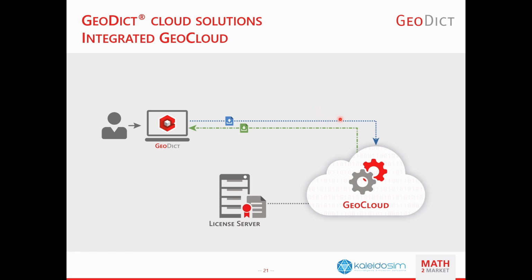Now, in contrast to the previous diagram, you can see that the web user interface is gone here. This is because the Geodict instance now talks directly to the GeoCloud. In practice, this means that, for example, if you have loaded a structure and you go to Flowdict, and usually you would click Run to run the simulation locally, you would have an additional button, Run in Cloud, which instead packs this structure and the instructions required to run Flowdict, uploads them to the GeoCloud, starts the execution, and gives you a chance to download the results once they're ready.